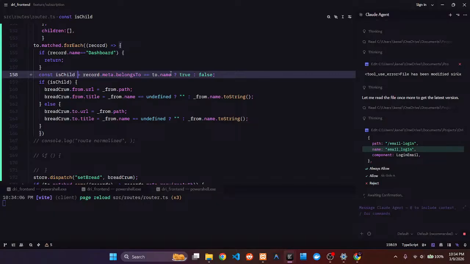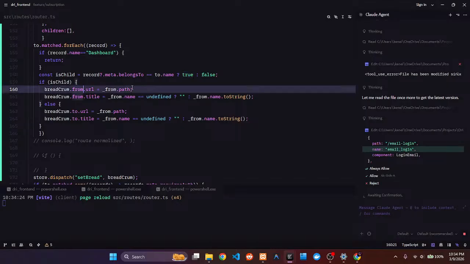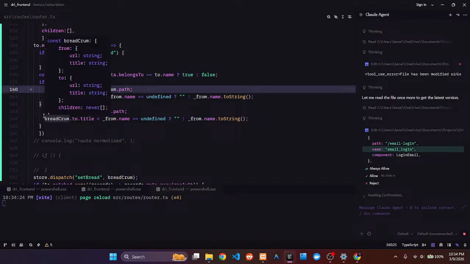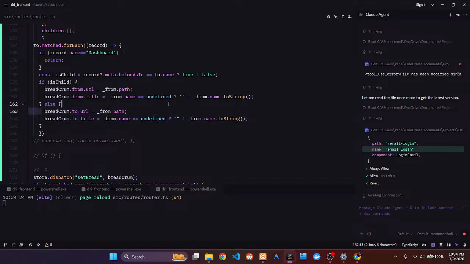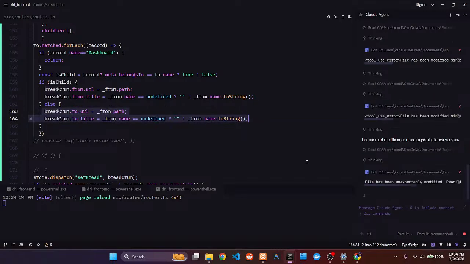So if it's a child, basically it would have a belongs to thing. I think I can check this. If it belongs to this name, then it will be true, which means it's a child, and it will be titled from. Also, I need the two, and so with this,